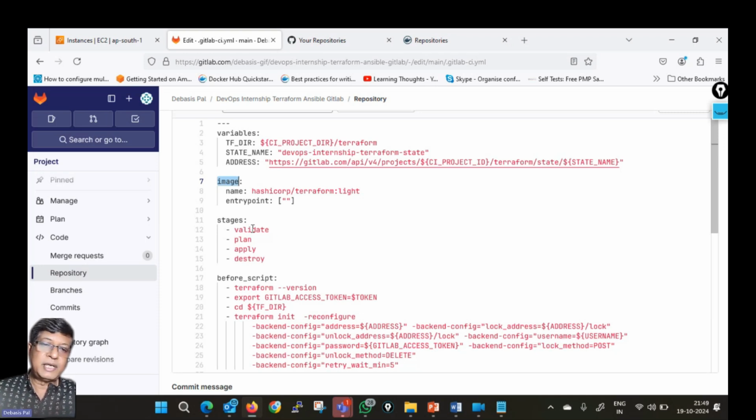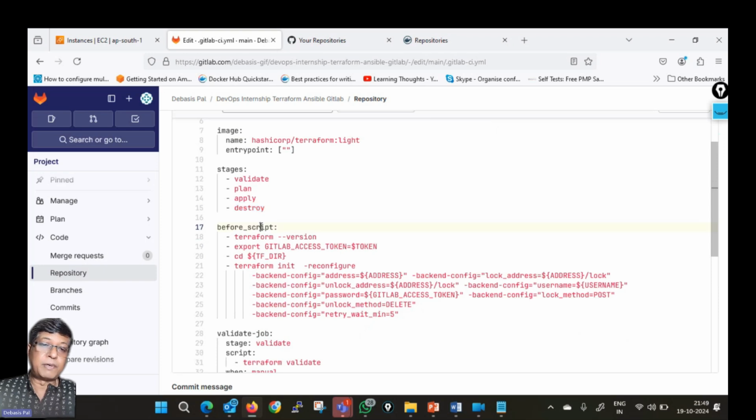So you are saying that these are the Terraform jobs, stages, under these stages. And this is the before script. What you will do before you run the Terraform jobs in the various stages. This is the initialize. You will initialize. That means you will say that I want a particular plugin that is for